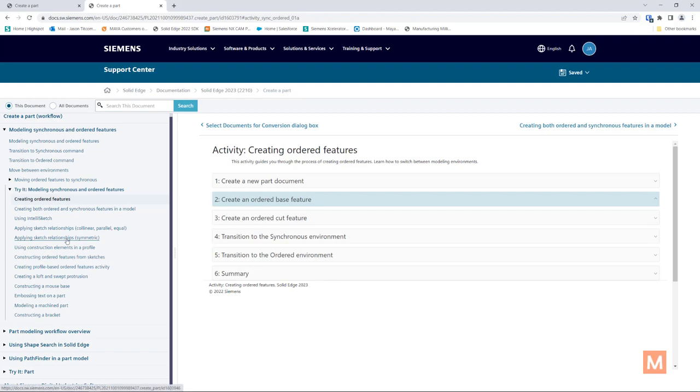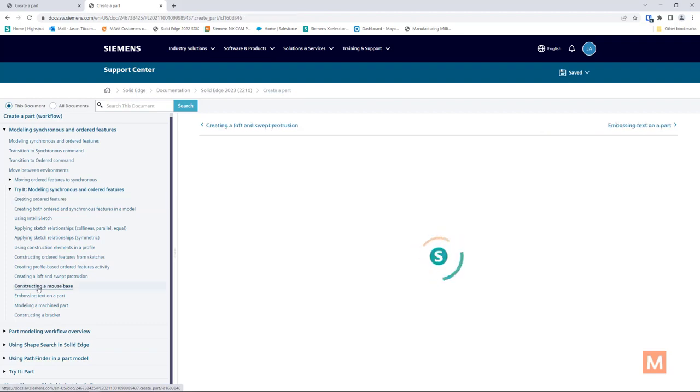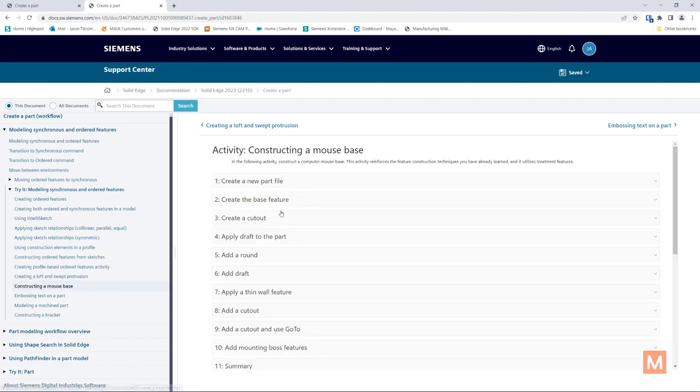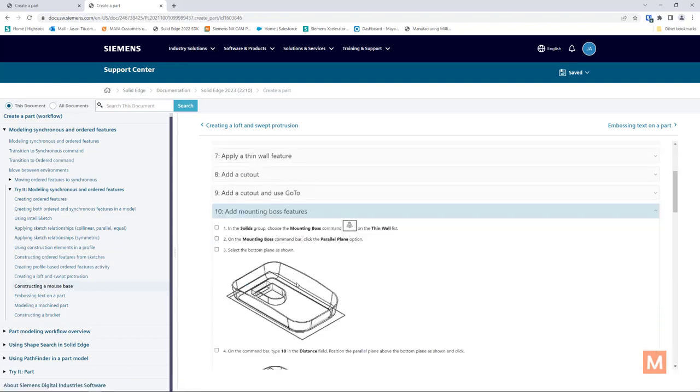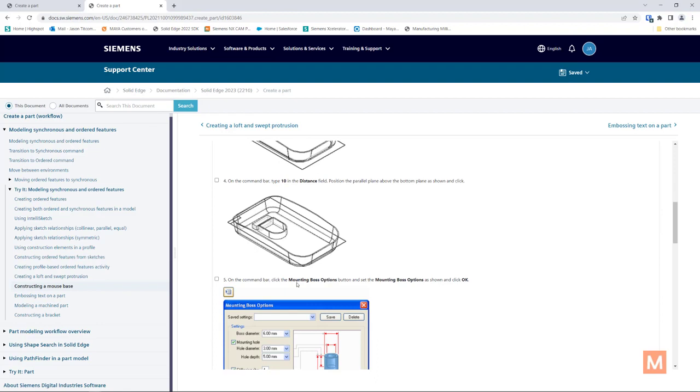And yeah, I think that's it. This should be where all your ordered based activities are. So constructing a mouse base, if you have taken the course before, you would probably recognize this